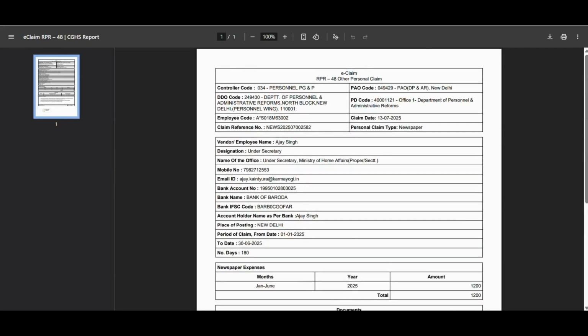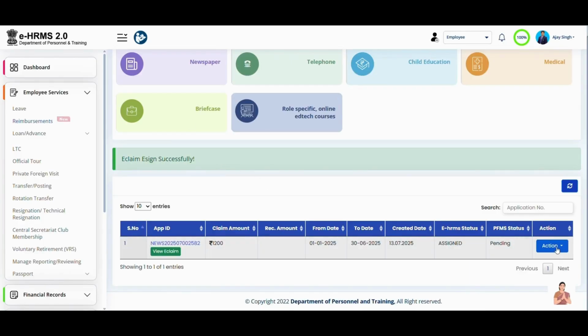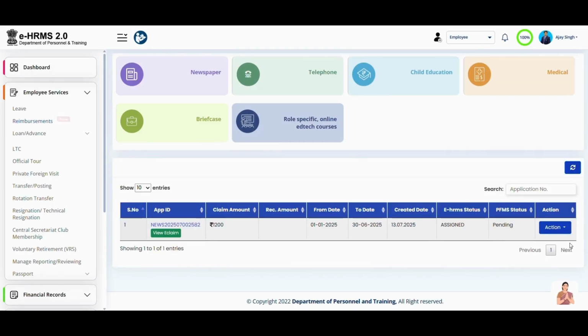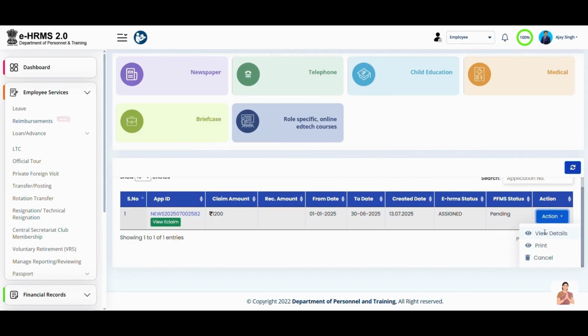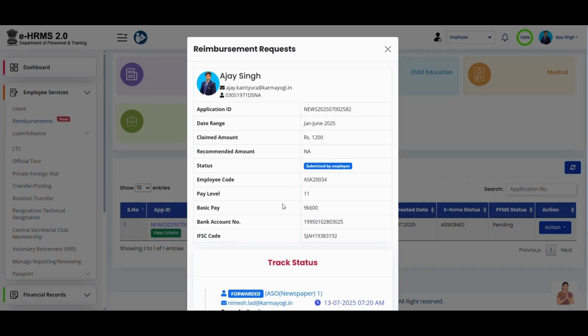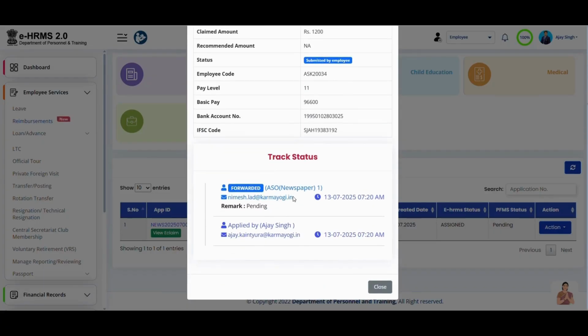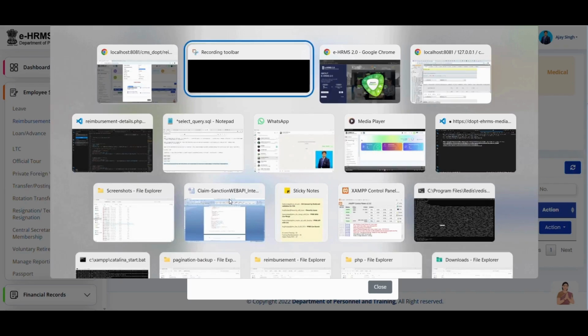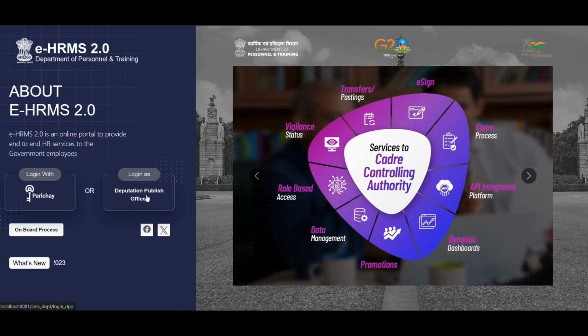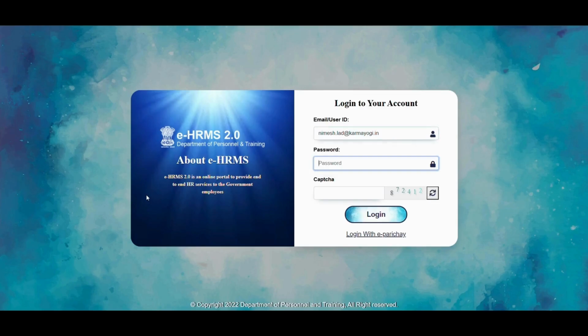After that, the dealing hand is going to forward the request. So under Action tab, you can view the details of your claim and where it is pending in the approval channel. So I'm going to open the account of the first dealing hand, and then using the first dealing hand's employee side role, we are going to see the